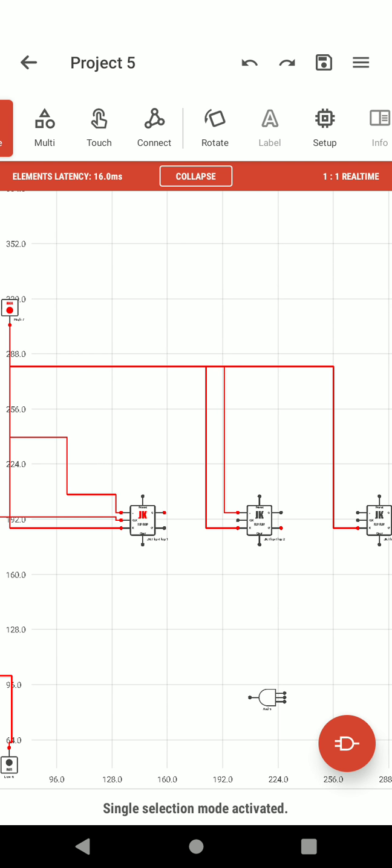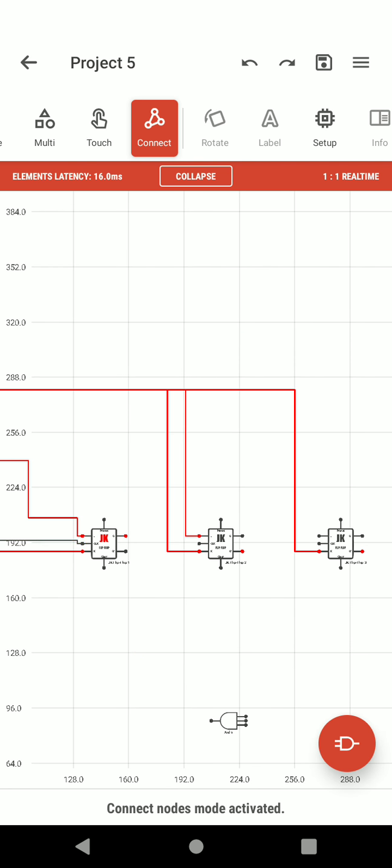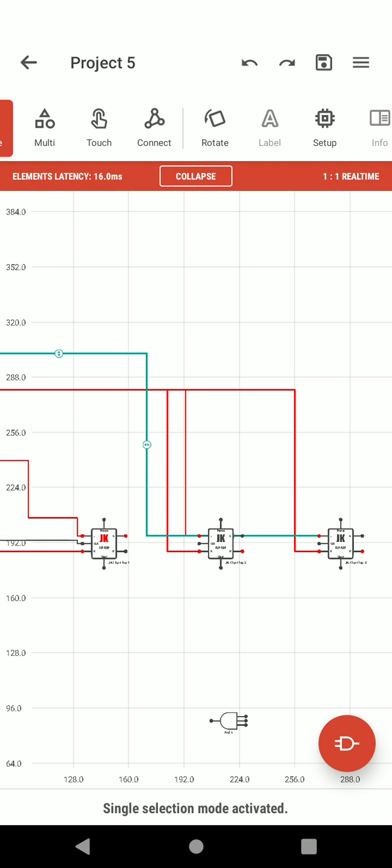Again the same thing, click on connect high and J of the third flip-flop. We need to slide this, sliding is very important.